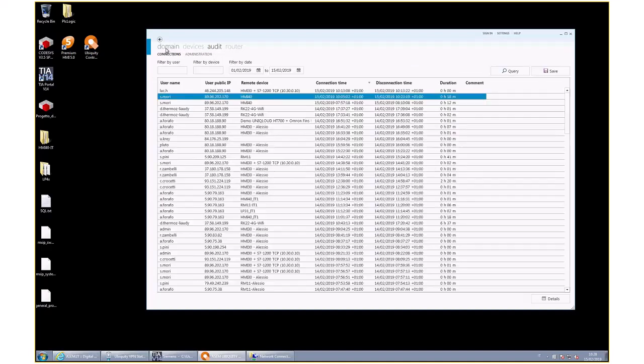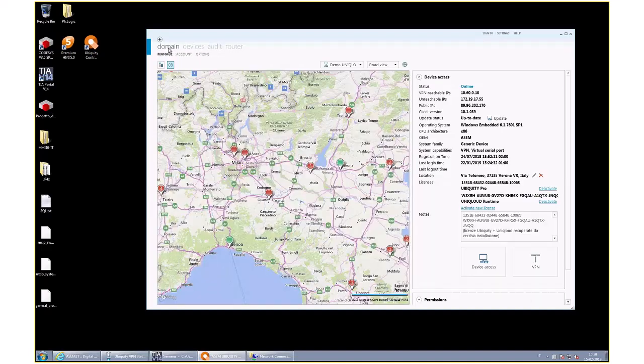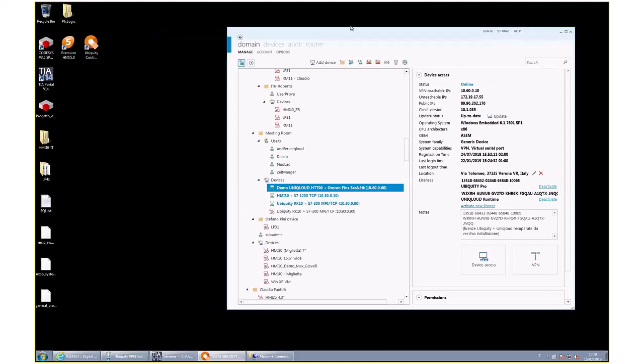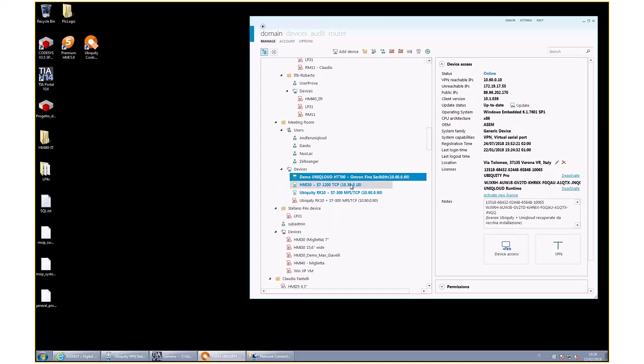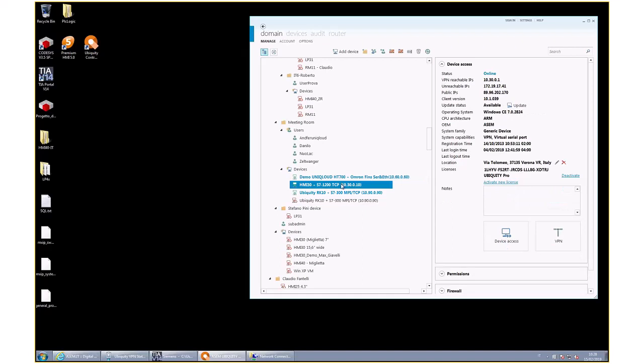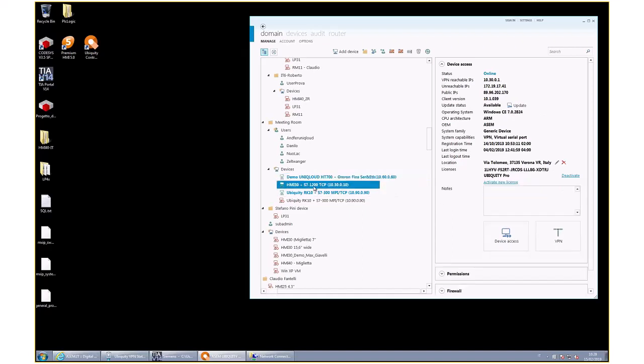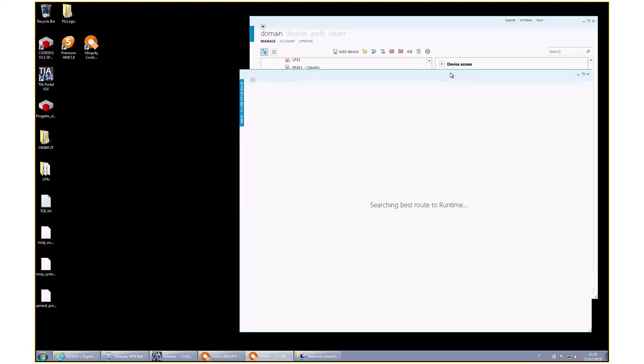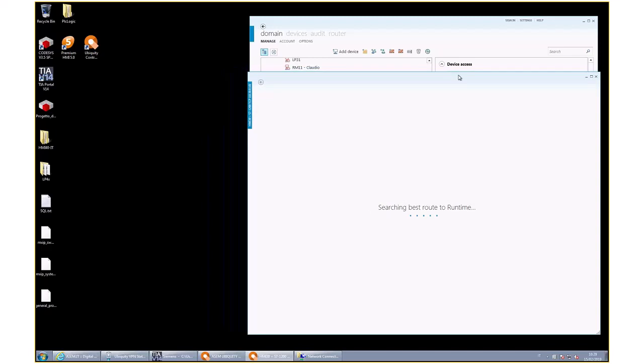Okay, last but not least, because Luke asked, now I can show you multiple connections. So for instance, I can connect to, well, okay, let me connect to this panel. That's another one we have in the meeting room. And now, for instance,